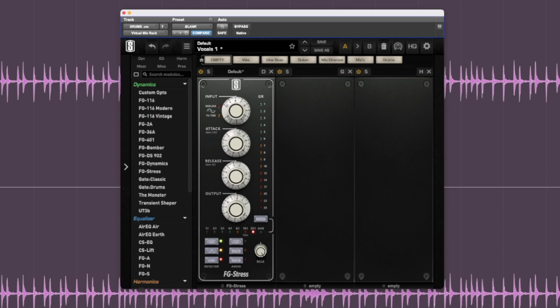These settings usually work for me on rock drums, but always remember that you can speed up the attack time to smooth out the front of the sound. You could slow down the release to make it even more punchy and muted. You can try different ratios to loosen up on the exaggeration, and even blend it in parallel if you've got the fader stress here. There's always more